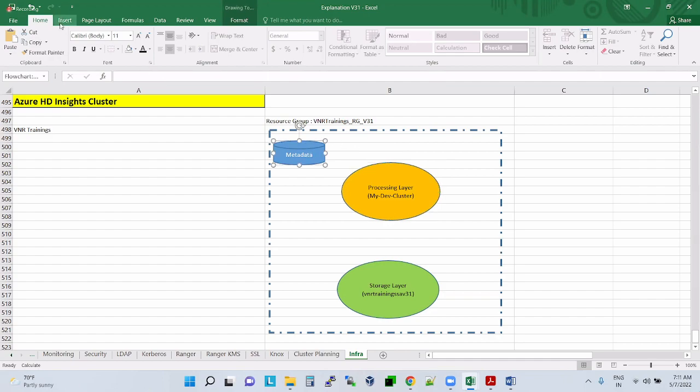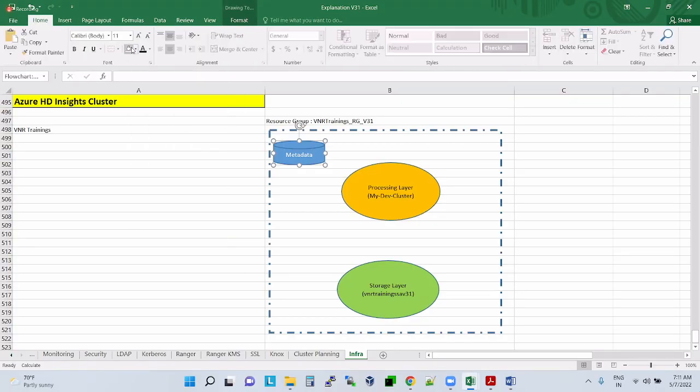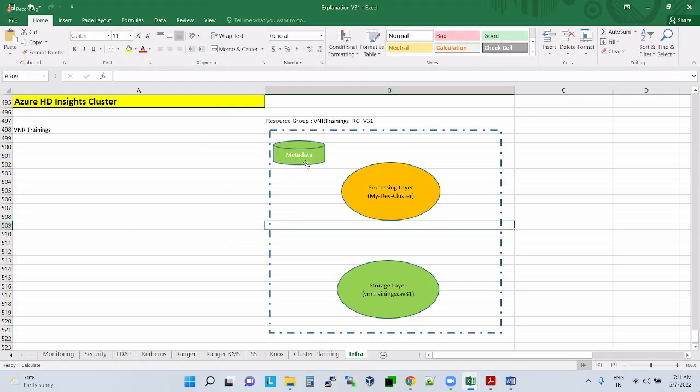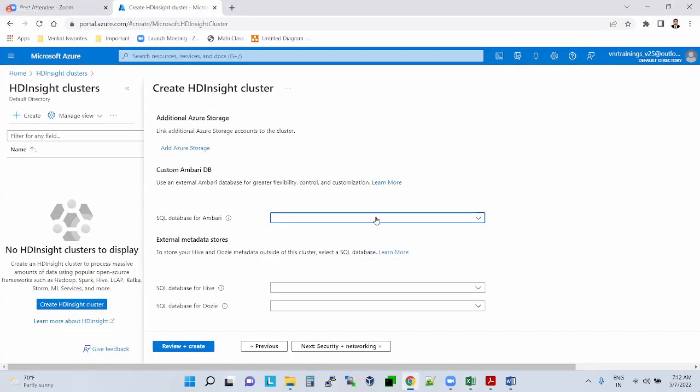Normally they create the metadata database before itself. This metadata is also kind of permanent. Only storage is the one which you can switch off and switch on. Metadata DB is permanent and storage is permanent in Hadoop clusters. Now, if you have any metadata DB, it is asking you to select the metadata DB, but we have not created any, so let it take the default ones only.